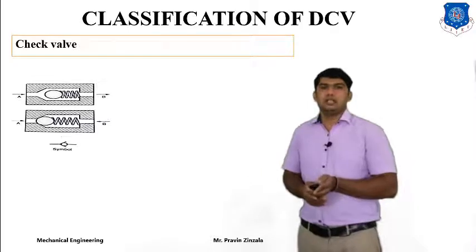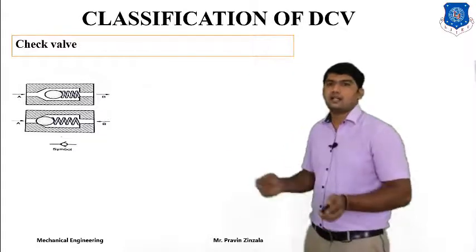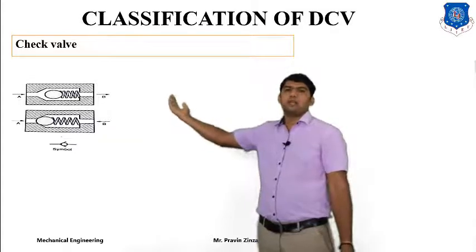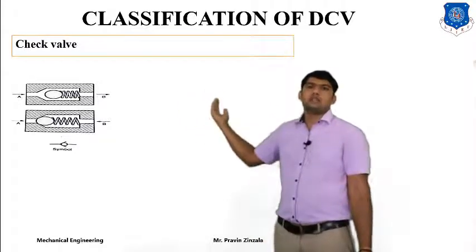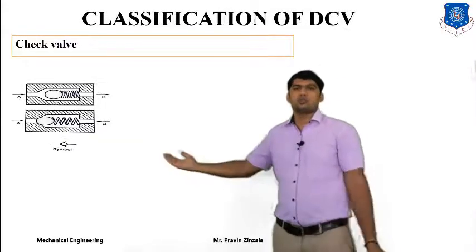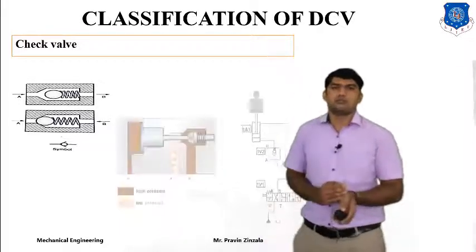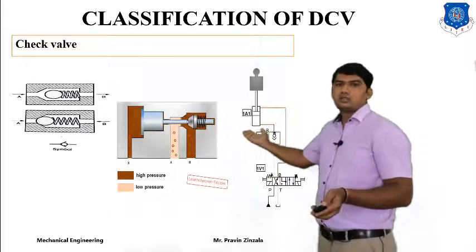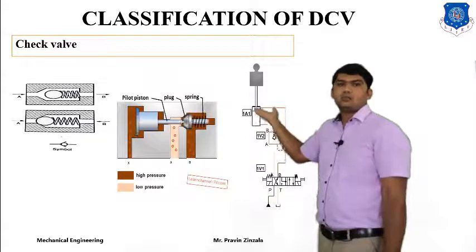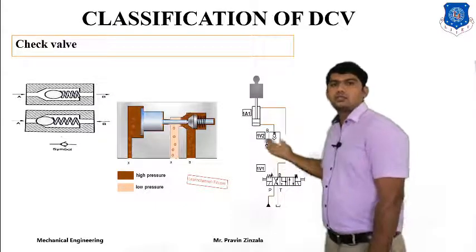Now we will discuss different direction control valves in detail. First is check valve, also called a one-way valve. It will allow the fluid in only one direction. Here A will be input, B will be output. Whenever we supply the fluid from A to B, there will be output at B. If we supply reverse flow, B to A, there will be no output due to the position of the spring and ball. And this is the symbol of the check valve. This is also a diagram or animation of the check valve. It is generally used for control of motion, like the movement of a vertical cylinder. So we have to control the motion by utilization of the check valve.